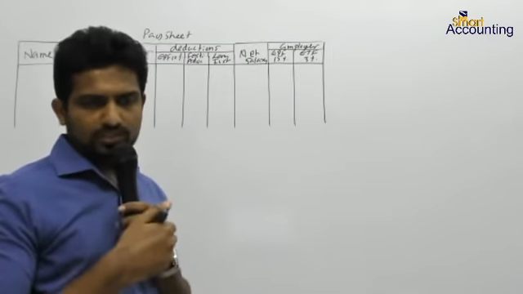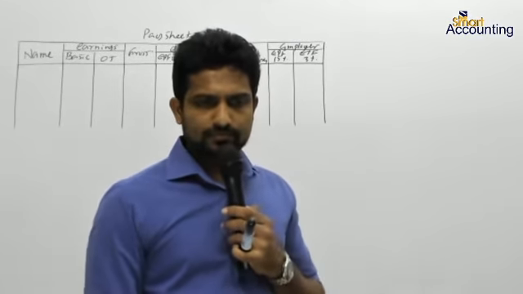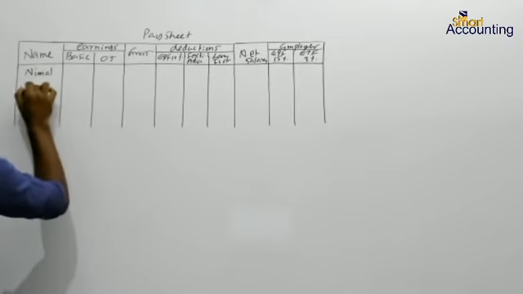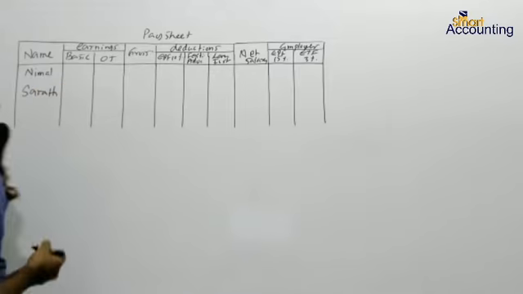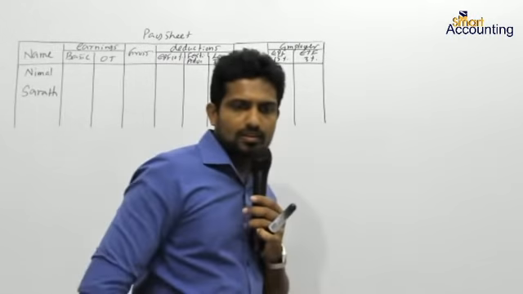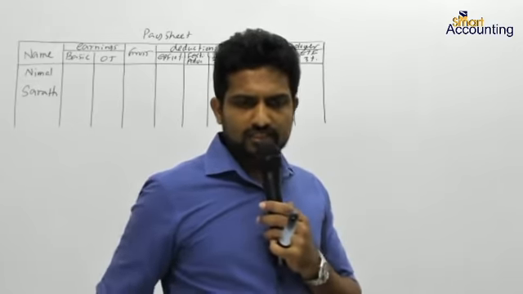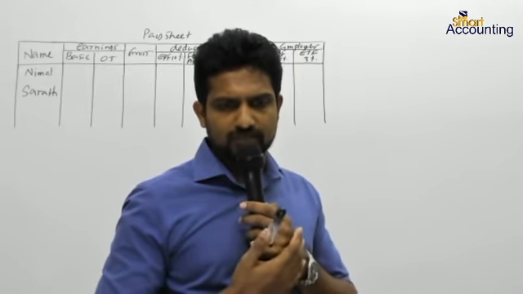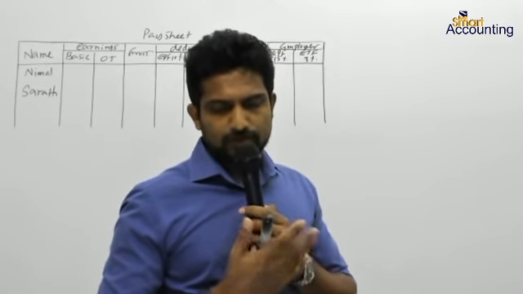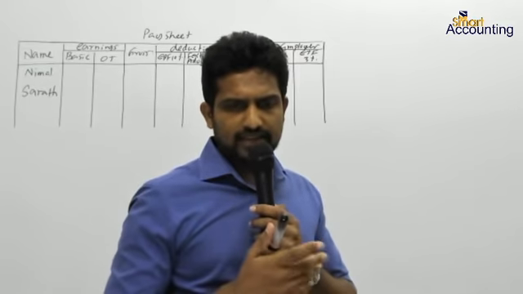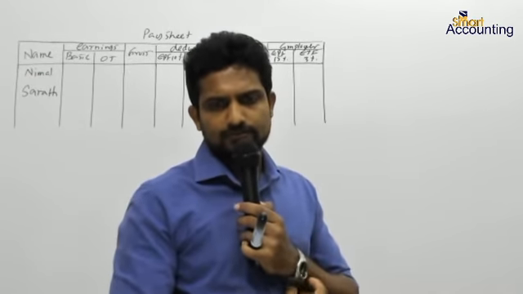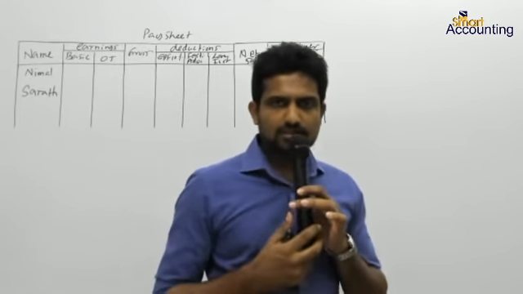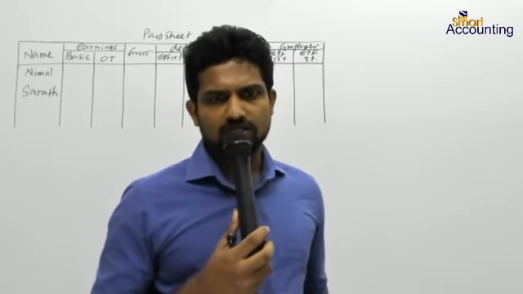There are only two employees, Nimal and Sarath. Take the two employees, Nimal and Sarath. For weekdays, 40 hours per week. They should work only 40 hours per week. Right? For the first 40 hours for the week, they are paid at the normal wage rate of 100 per hour. Wage rates for overtime hours, then the weekdays and weekend days are given there.